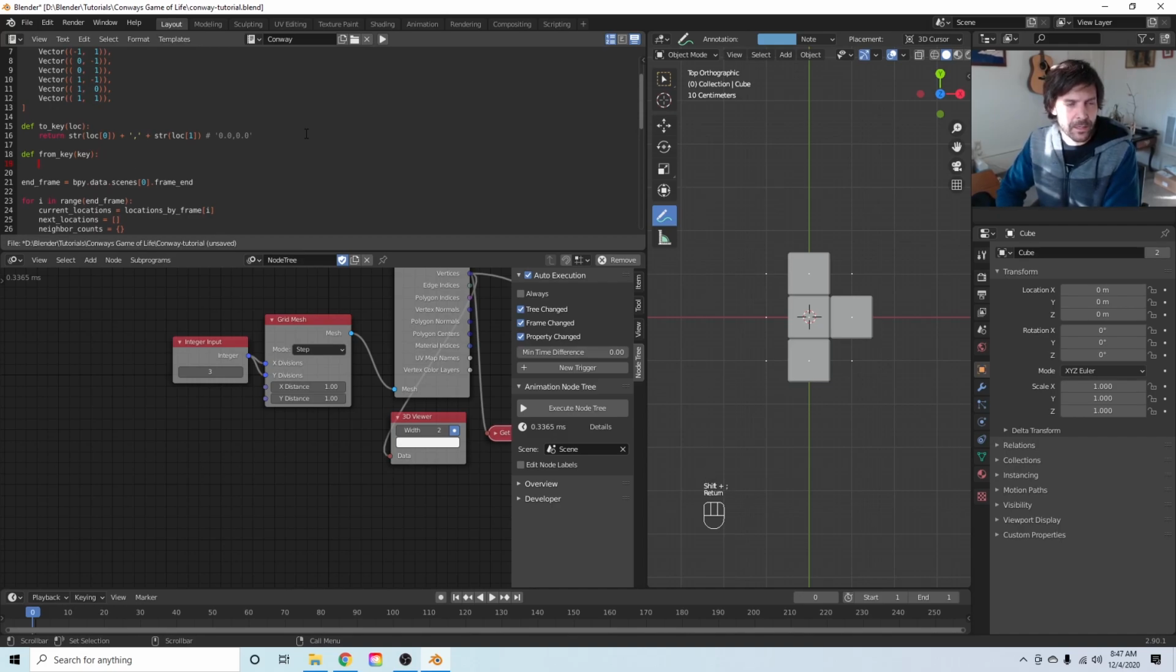Pass in a key, and I'm going to use loc equals key dot split on the comma, which is going to return a list of strings. It's going to look something like this: string of 0, 0, comma, string of 0 dot 0. This is an example of the center cube. And